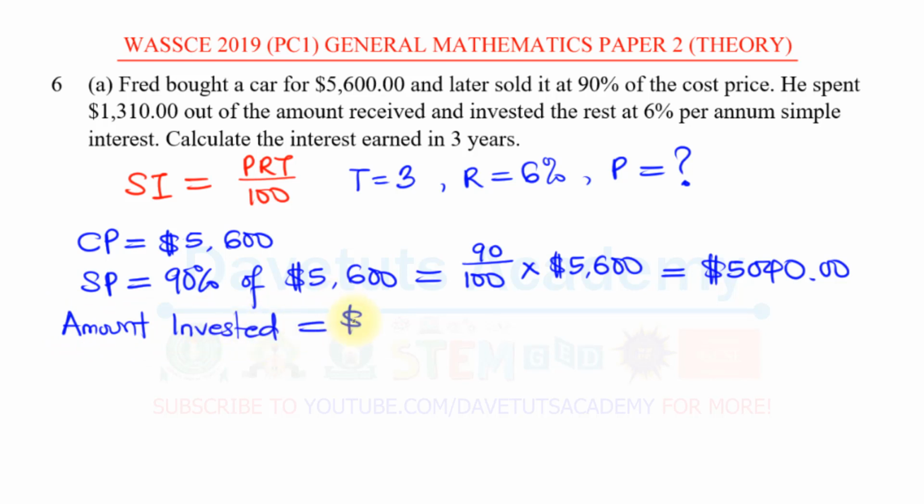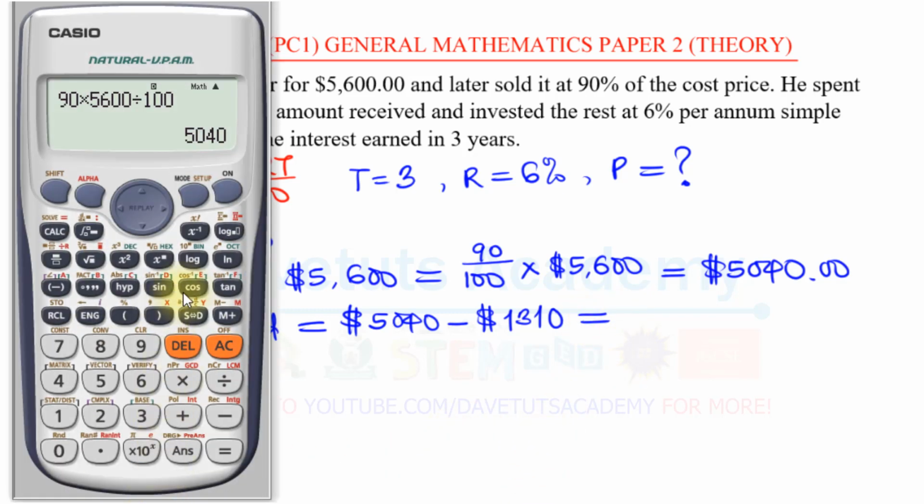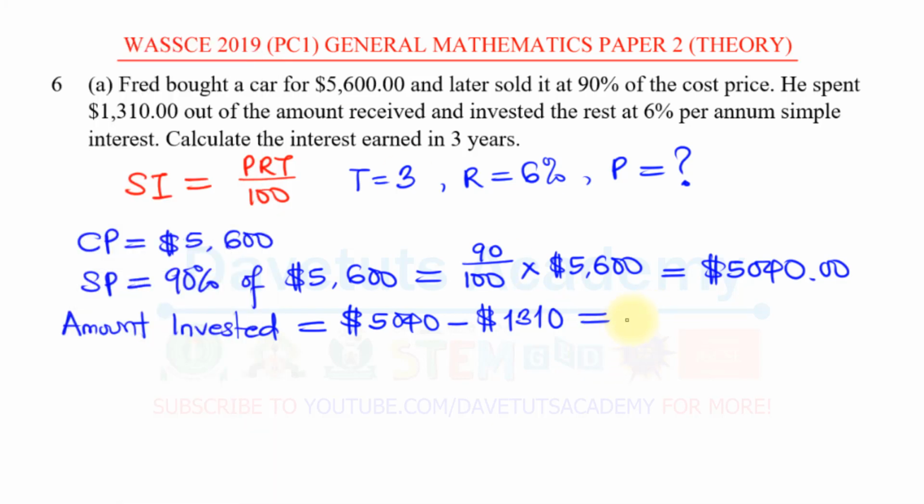is going to be this selling price that we just got minus the amount that he spent initially, which is $1,310. And then if we take our calculator to say our answer minus 1310, that is 3730. So that is $3,730. So this is his principal. This is the principal for him. So now we can say the principal that we are looking for, we have gotten to be